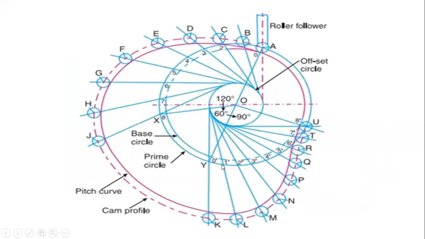And from the positions of 1, 2, 3, 1 dash, 2 dash, 3 dash, 4 dash, 5 dash, 6 dash, and 7 dash, cut those arcs in the extended line. So you have to cut these arcs in the extended line positions, and we will obtain the points as L, M, N, P, Q, R, T, U. So for every point of intersection position, you have to draw a roller which has a diameter of 10 mm. So you have to draw a roller like this to represent the motion of the follower, that is roller follower.